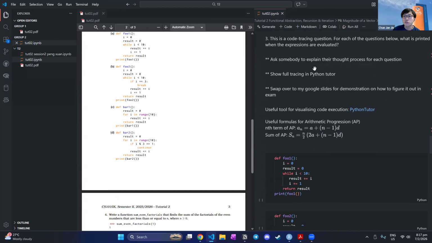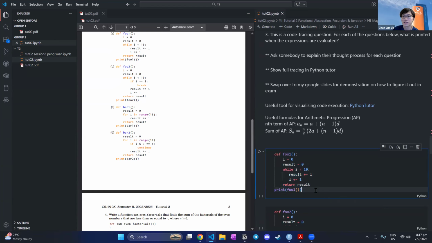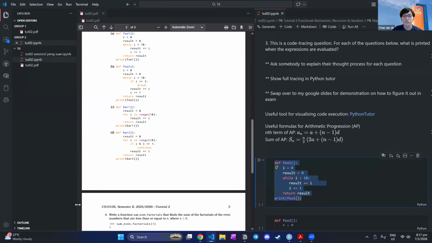Let's move on to question 3. Question 3 is a code tracing question. We have a lot of different expressions. This is a common theme that will come out in the exam. So it's basically code tracing. You're supposed to look at an expression and evaluate it yourself without the help of a Python terminal. So I'll get some of you to try and trace through the functions yourself. So Yung Feng Li,